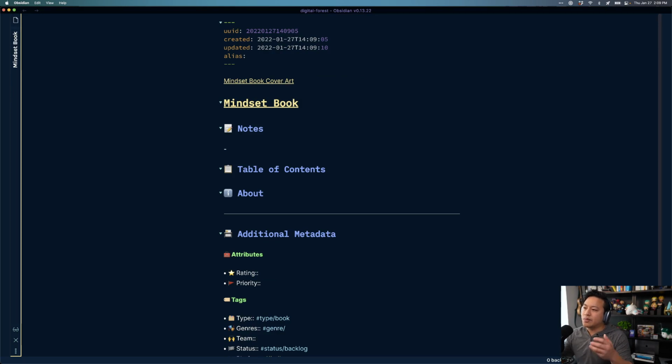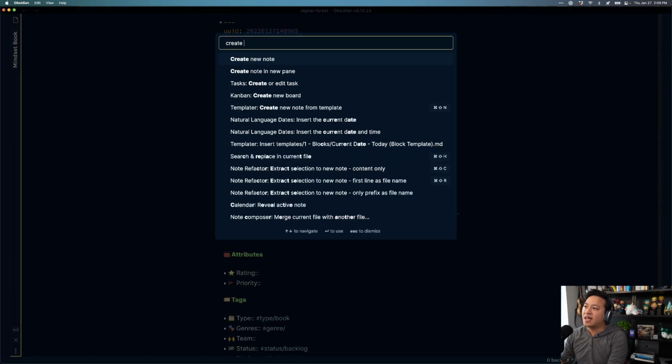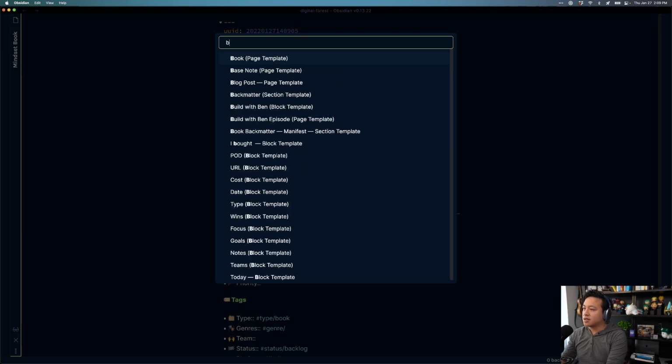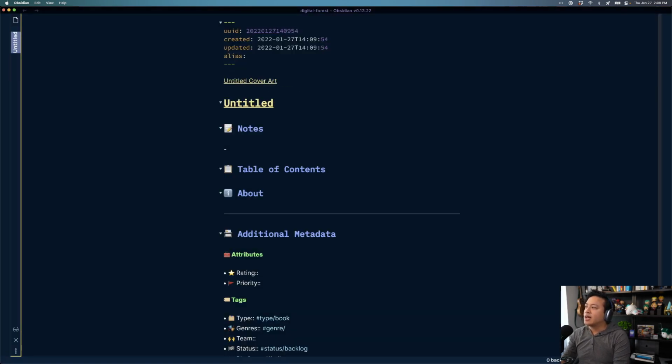But at some point, we probably want our system to be a little bit smarter. After all, as we start to tailor our workflow to the way our brain works, the easiest way to do that is to create workflows that automate away some of that information. Now, the next step you're probably thinking of, if you're familiar with Templater, is that there's actually a command in here called create new note from template. And so if we hit this, for example, and let's call this a book template,